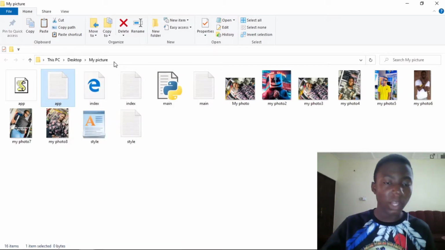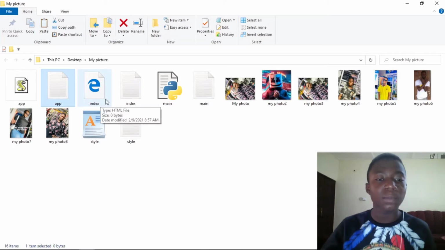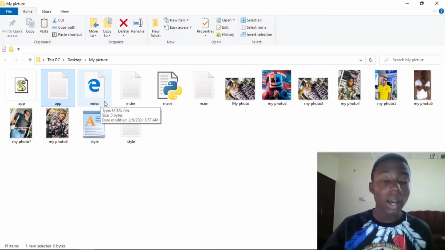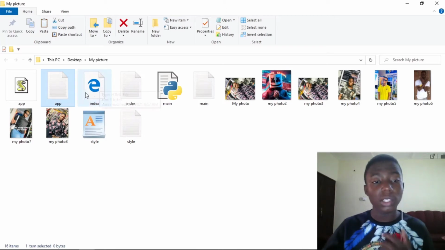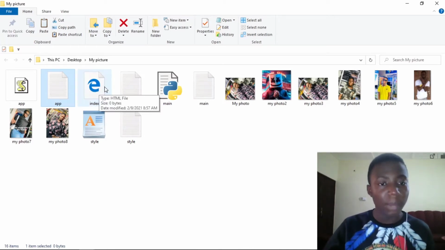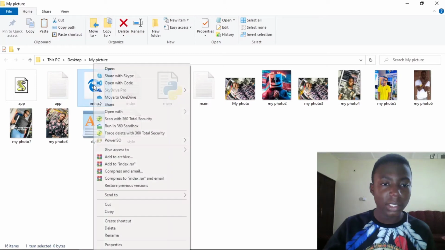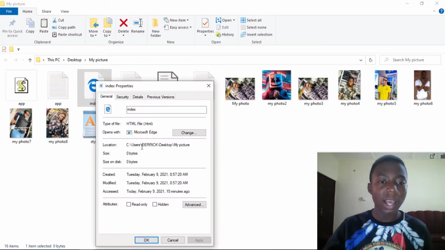But as you can see here, this has the Internet Explorer logo on it, but this is actually an HTML file, which is released to the local server, which is the Internet Explorer, the default browser for my PC. So if you right click on it and go to properties, guys, you can see here it says HTML file, which is .html. Okay,